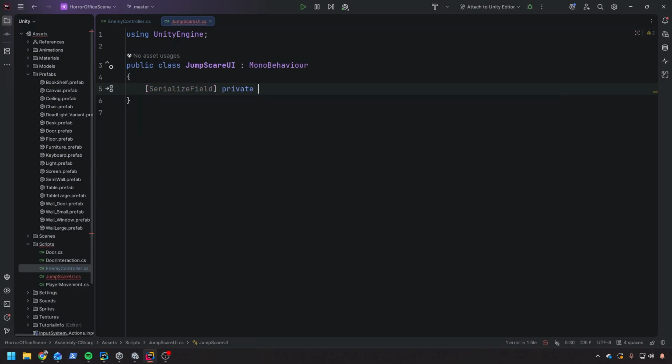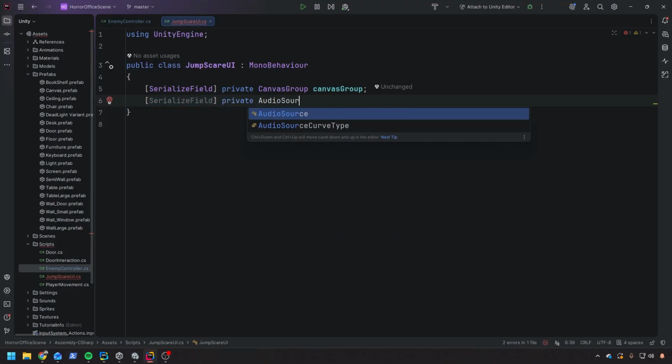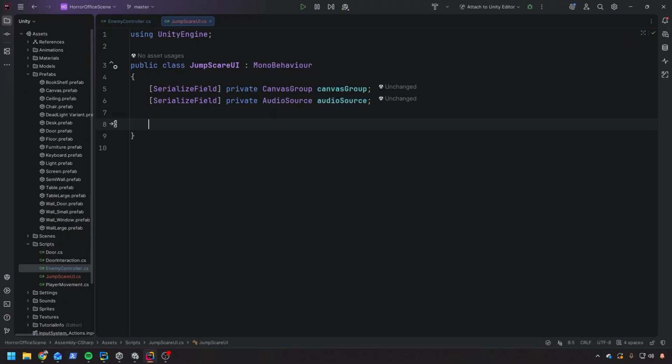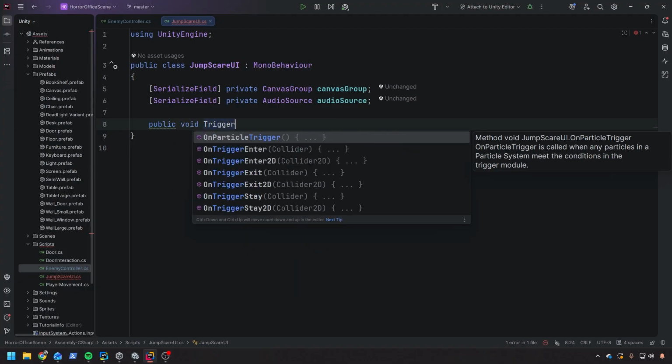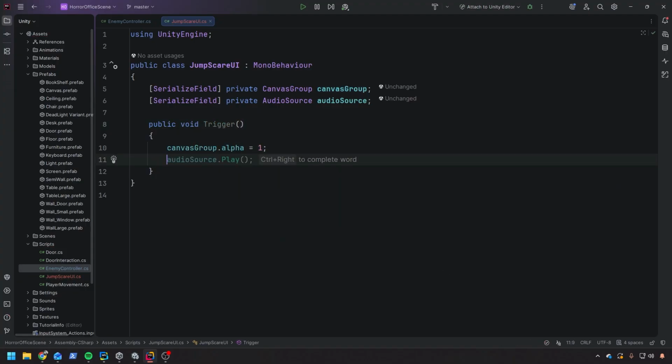First I add a reference to the canvas group. This will allow me to control the alpha. Then a reference to audio source. This will allow me to play the sound. Then I create a simple public method trigger, which will set the alpha on the canvas group to 1 and